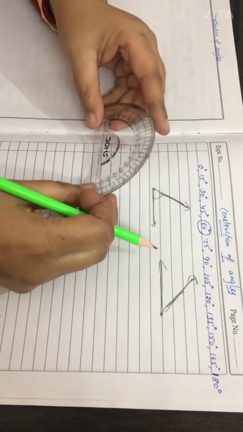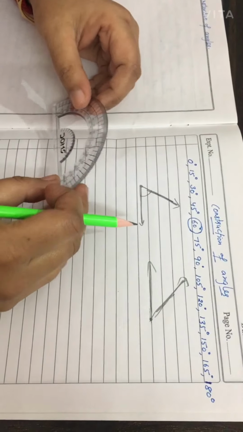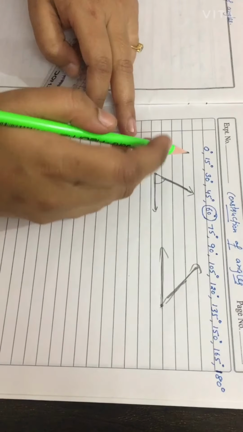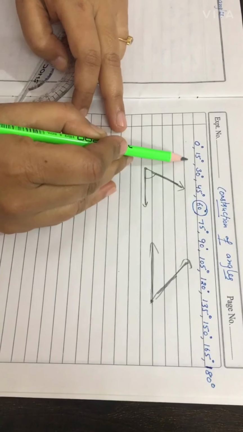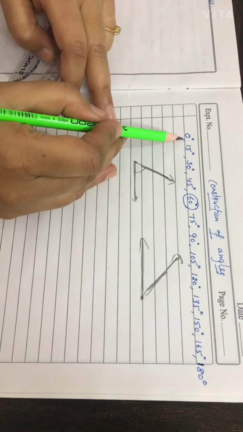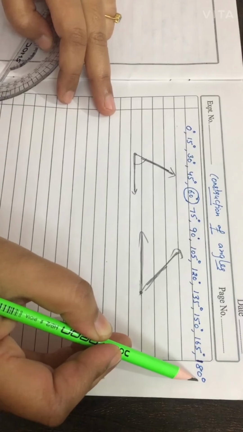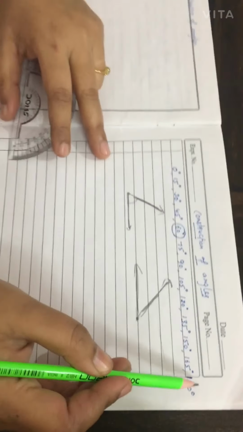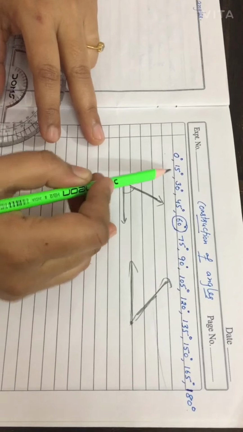Students, we have already learned how to draw the angle using a protractor. Today we will learn how to construct the angle using a compass. For this we will see this table first. We have the table of 15: 0, 15, 30, 45, 60 like this till 180. So we will go with these angles first, then halves of these we can also construct. Later on we will discuss that.